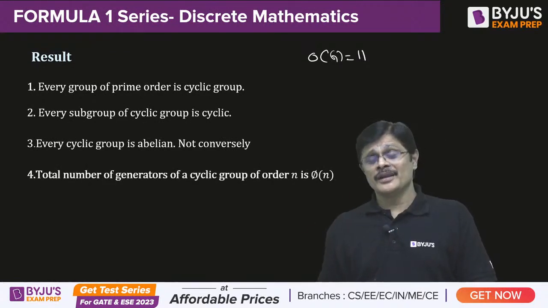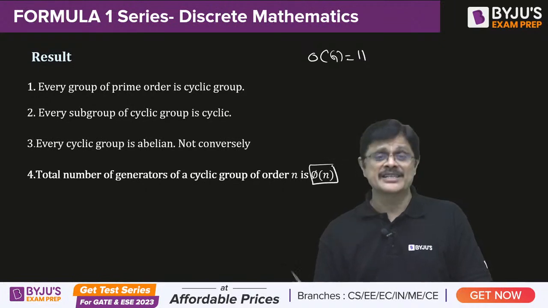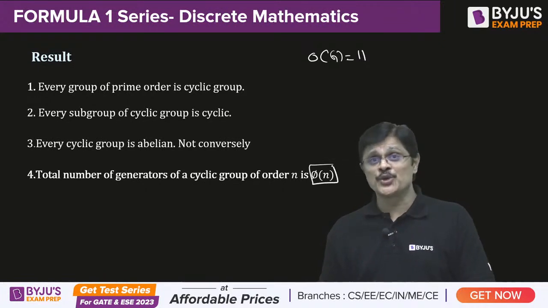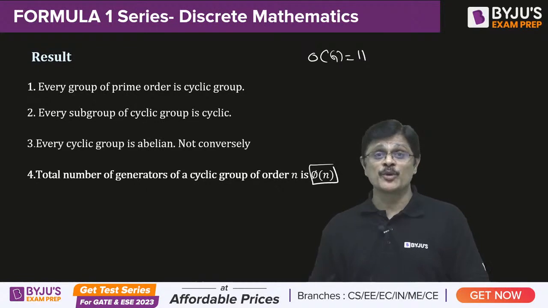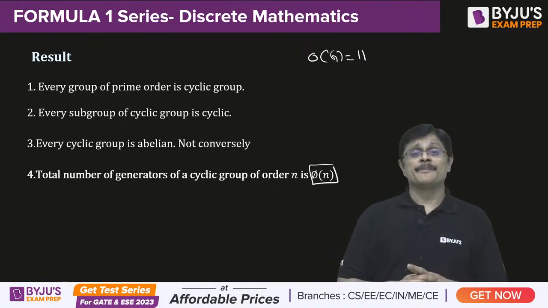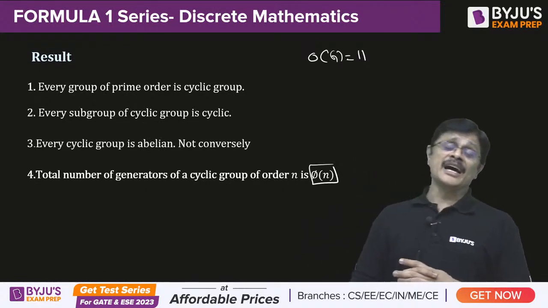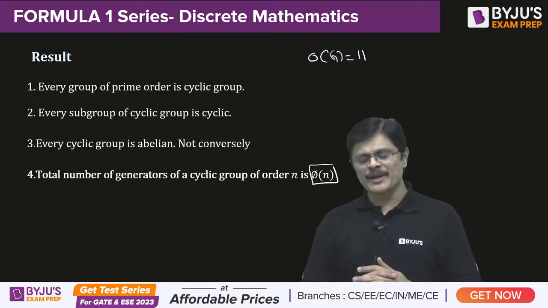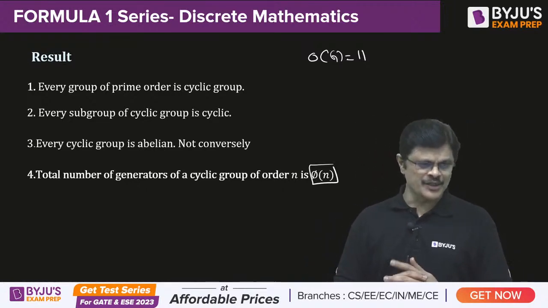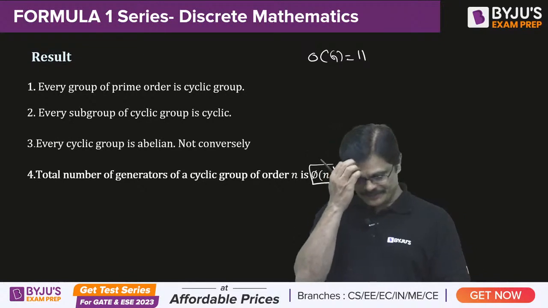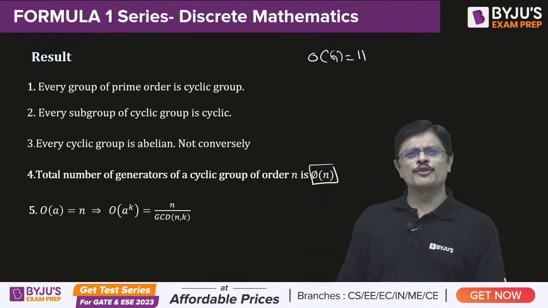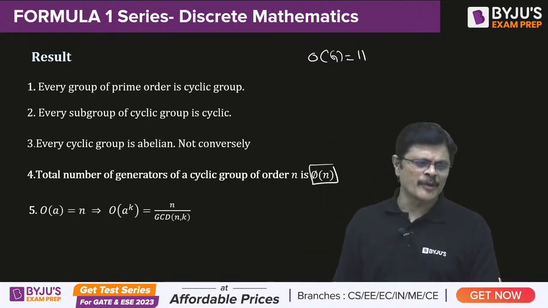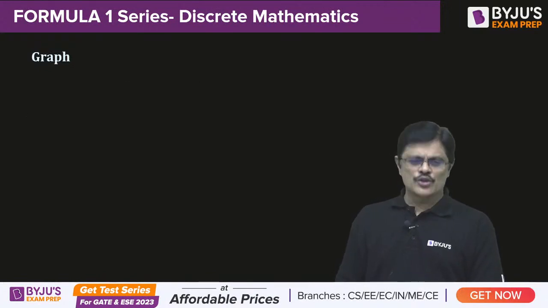Now, this Euler's phi function which we discussed under set theory can be used here to find the number of generators. Suppose it is a cyclic group of order n, and he asks how many generators are there. You can simply use this phi(n), Euler's phi function, to find that value. And of course, if you know the order of an element, you also know the order of a^k, my dear friends. So this is about